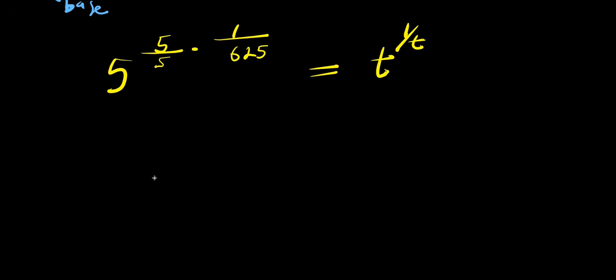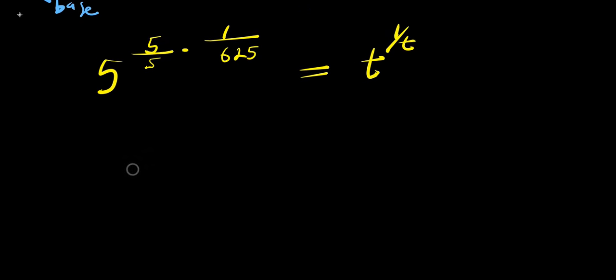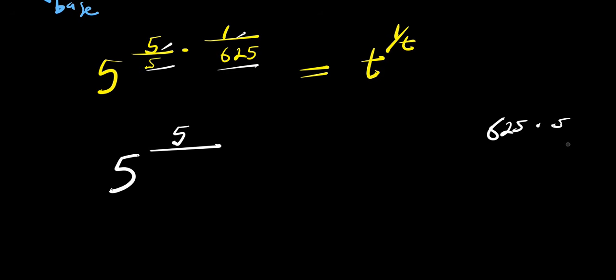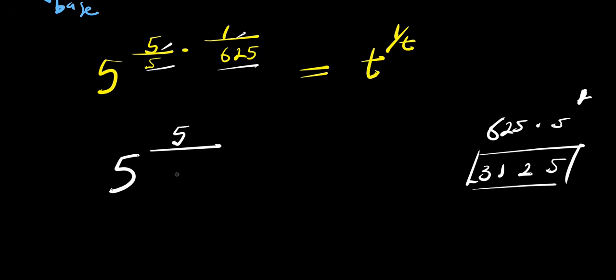So right now, I have my 5. I can multiply this numerator, 5 times 1. This is 5 divided by 5 to the power of 5. So let me have 5 to the power of 5, that is 5 times 5 times 5 times 5 times 5. 5 times 5, 25, 5 carry over 2. 5 times 2, 10 plus 2, 12, 2 carry over 1. 5 times 6, that is 30, 30 plus 1, 31. So this is 3125. So I have 5 divided by 3125